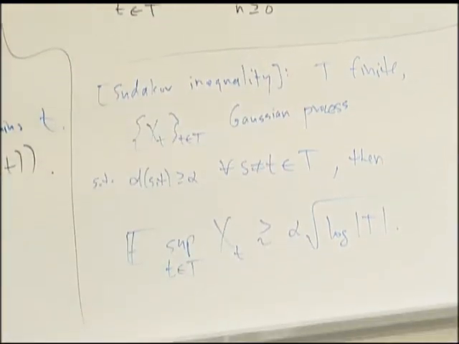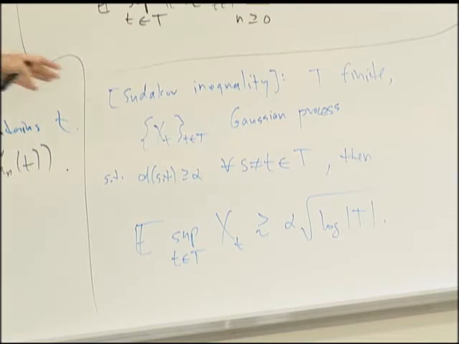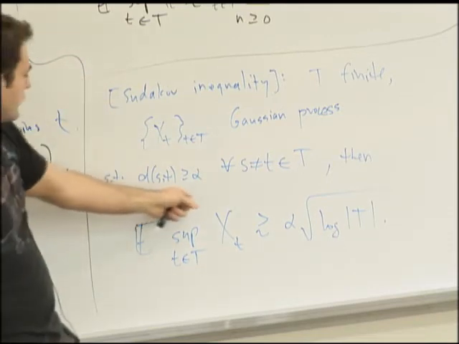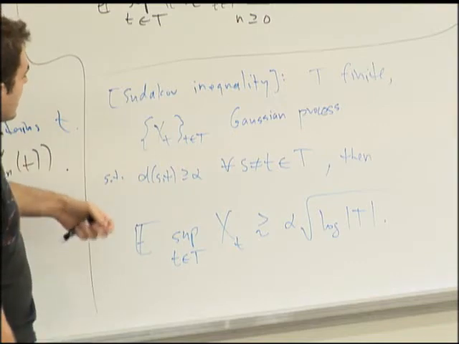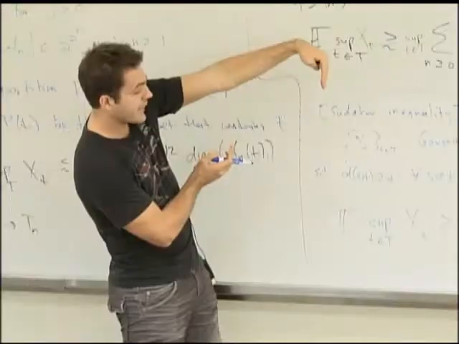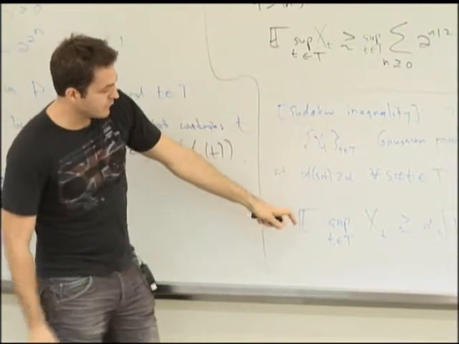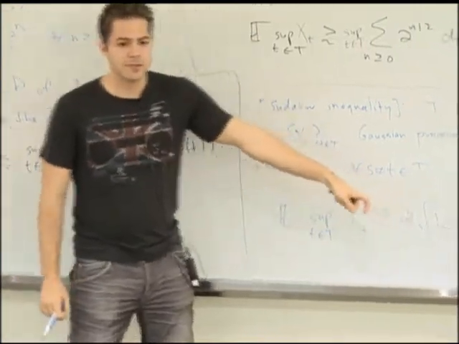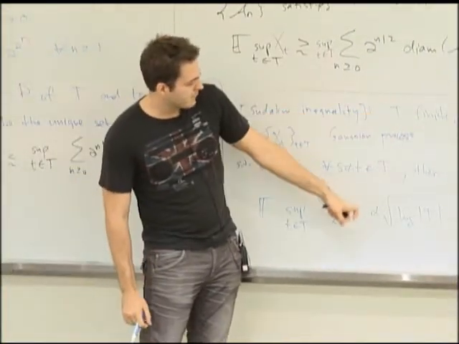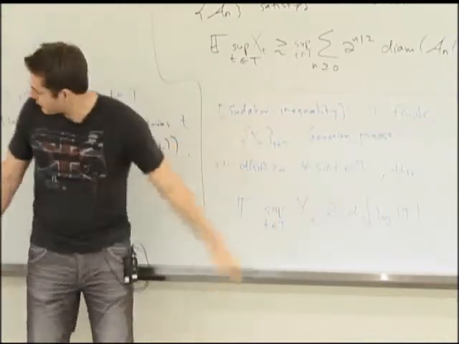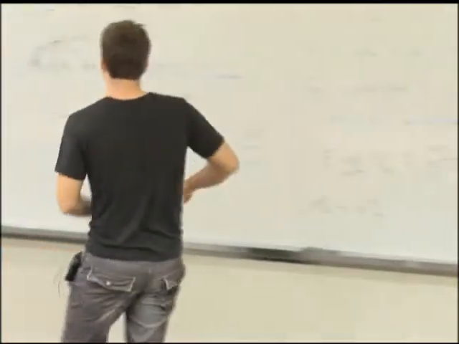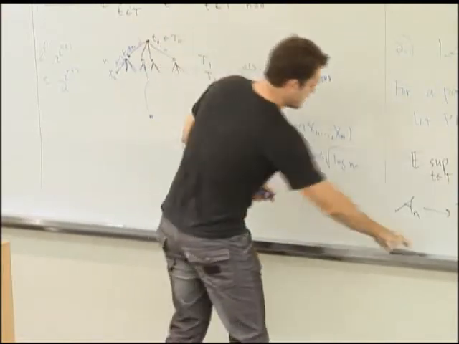If we're going to try to prove a matching lower bound, this seems like the first thing we should try to do. Try to prove a lower bound in this case, where I just give you a uniform lower bound on all the distances. So I say X_s minus X_t has some definite amount of variance. Can we prove that the expected maximum has to be really big, and that as the number of points grows, we get growth that matches what the tail bound gives us? Okay, so this is our first goal.